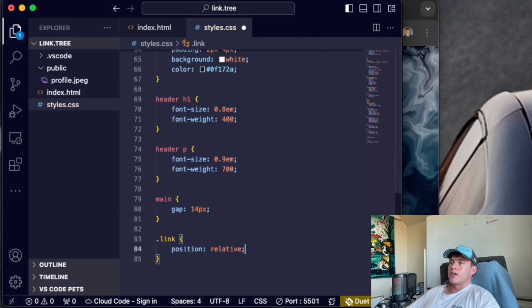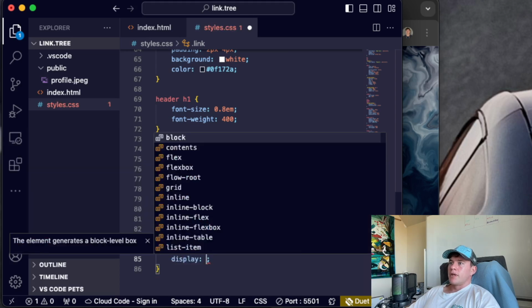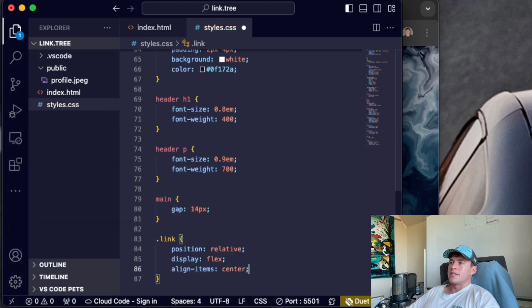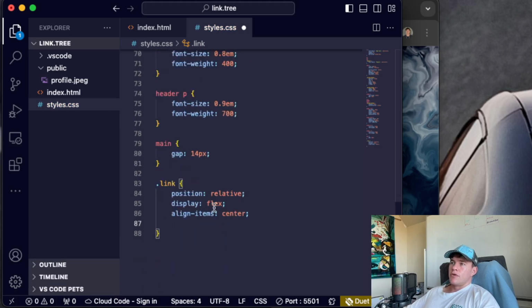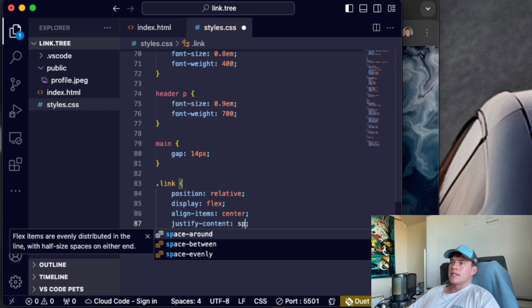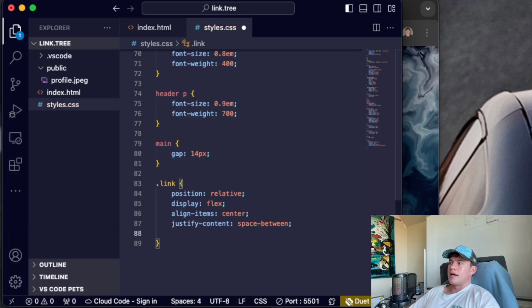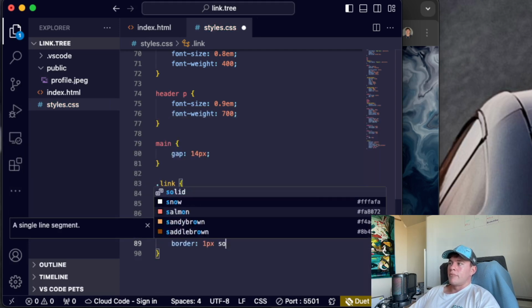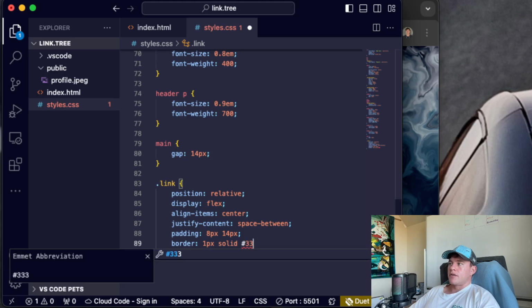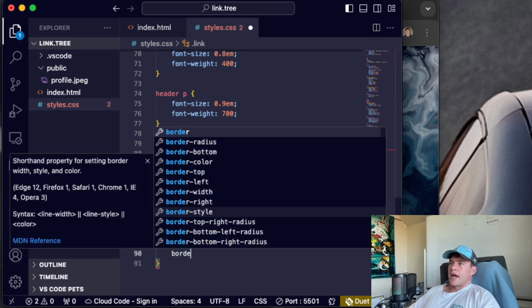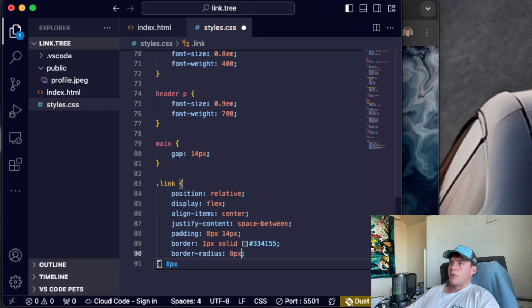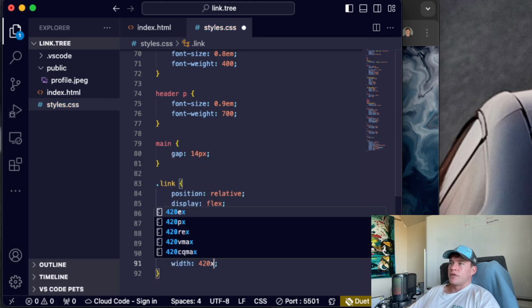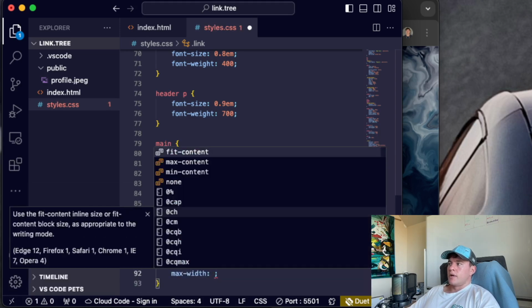It's going to have a position of relative, a display of flex. This one's going to have an align item center. The flex direction is row, which is the default, which is why we have not specified it. We're going to justify the content space between, so it's at either end. It will have a padding of 8 pixels vertically and 14 pixels horizontally. We'll give it a border of 1 pixel solid, hash 334155. We'll give it a border radius of 8 pixels, a width of 420 pixels, a max width of